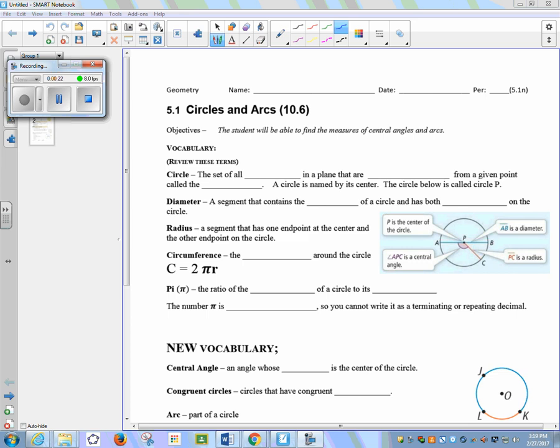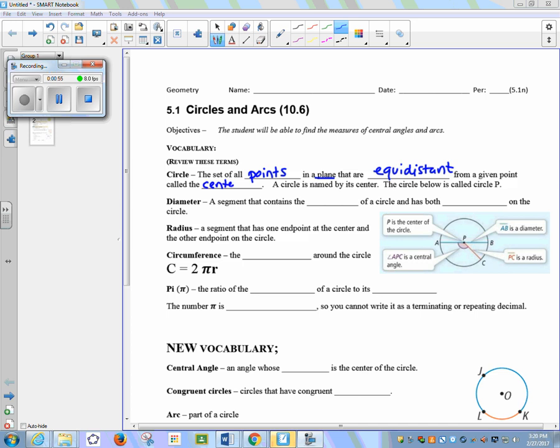For example, a circle, by definition, is the set of all points in a plane that are equidistant. Now, we may not have talked about the word plane yet, but that just is a term that means kind of all in the same flat surface. So we're not talking about something three-dimensional here, we're talking about something two-dimensional, equidistant from a given point called the